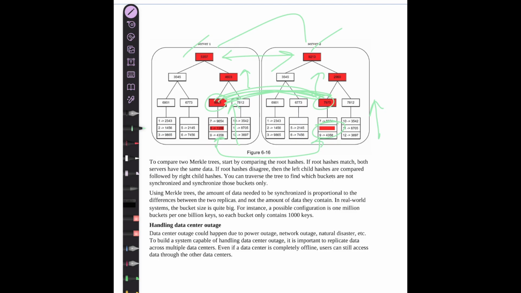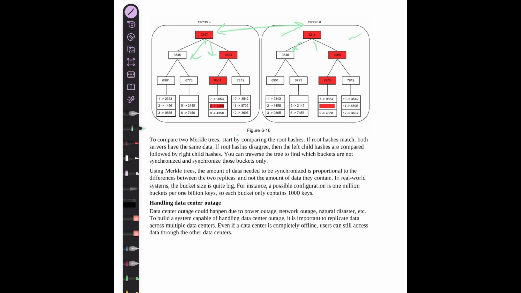Because you need not iterate through all the key value pairs in order to identify which key has gone down. So if there is a set of 12 keys, you divide them into buckets, then hash them into nodes the way you form it here, and the moment you iterate, you get to know which bucket has led to a different hash value. For example, here when you would be iterating this key from the root hash only, you would realize that the version is inconsistent, but now to track down which node caused it, you just keep on iterating through the tree, more like a BFS thing, and you come to know which key has gone wrong.